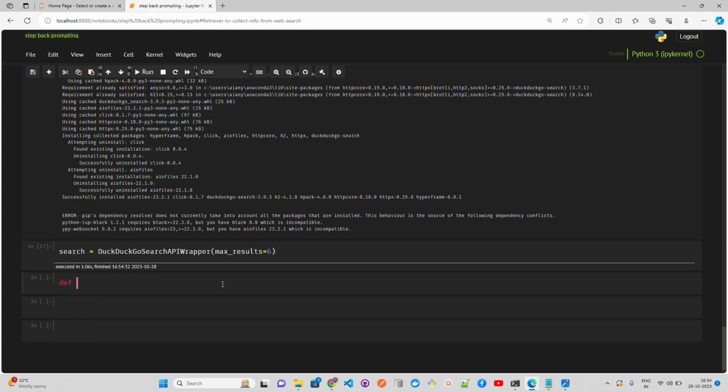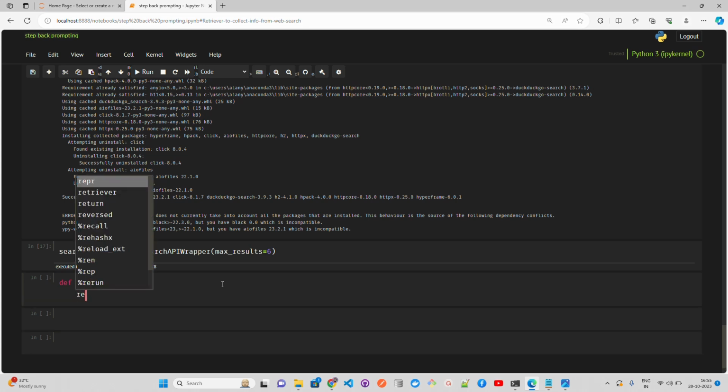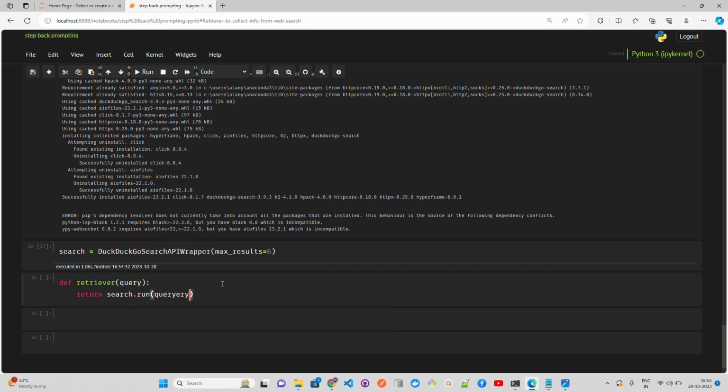So let's define a retriever, and here I'm going to pass my query. So let's pass the query over here, and then just do a return. So let's return the search dot run. That's what we're going to run, and pass the query inside. It's a function that we can use. Okay,